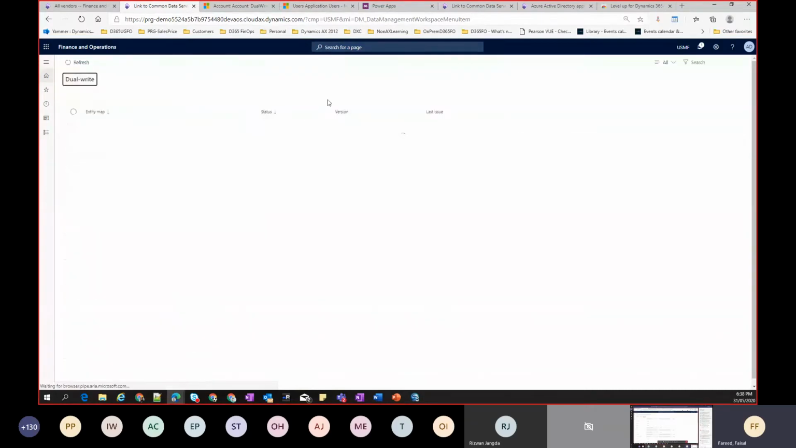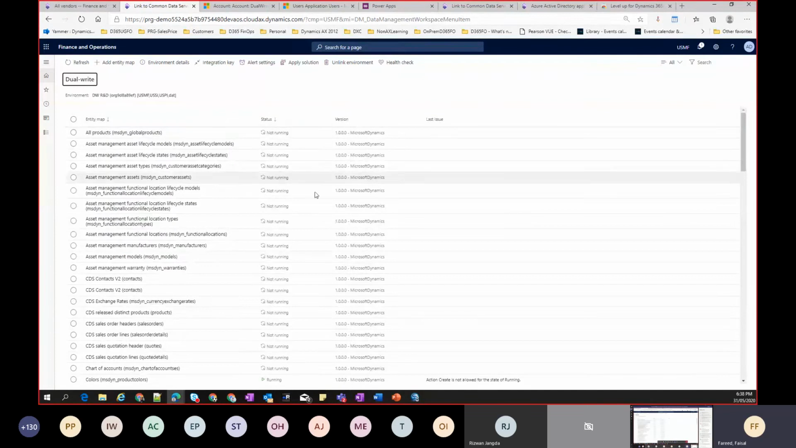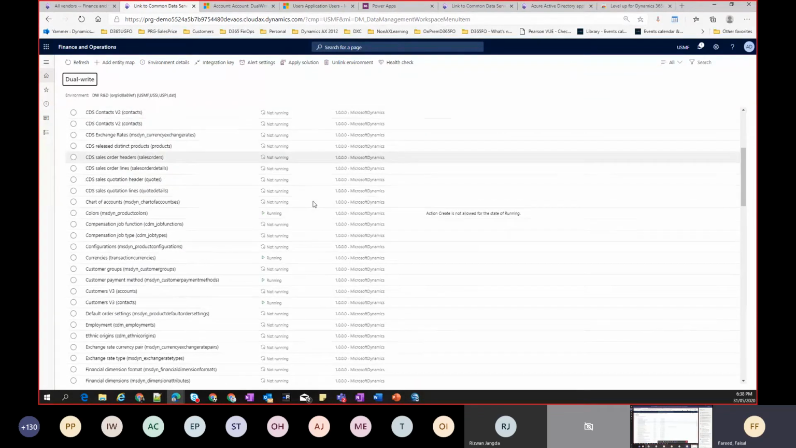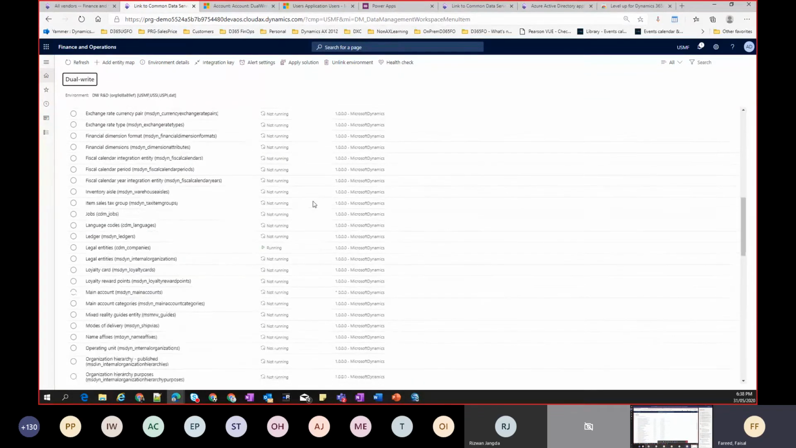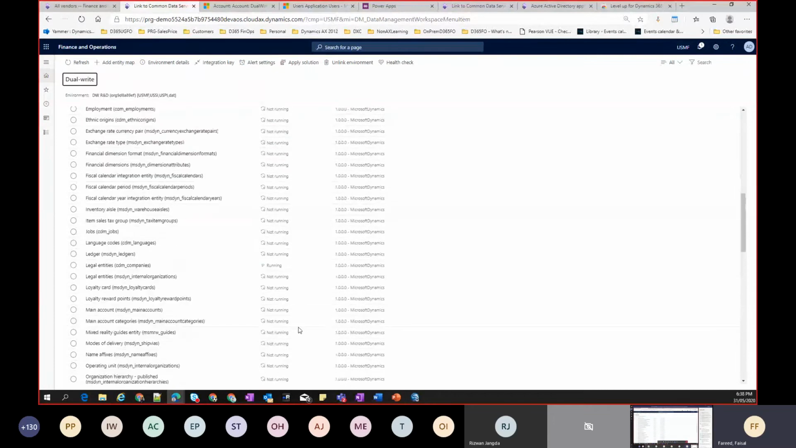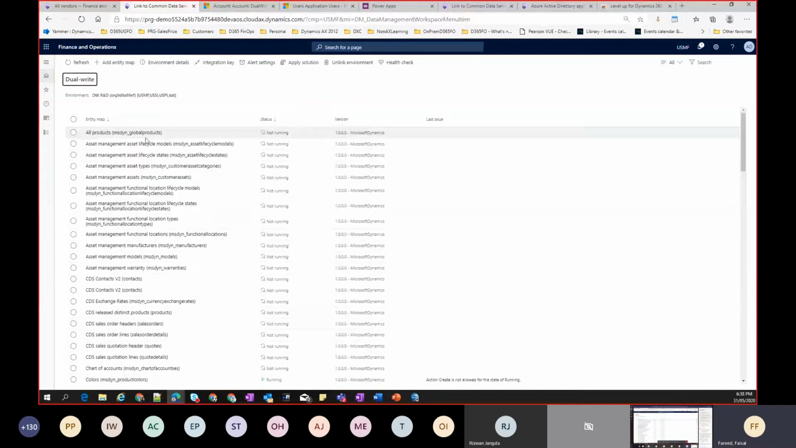Then if we go to the dual write right here, one thing is important. We just need to understand what these different statuses are. If we click onto this All products, currently it says not running. The moment I click onto this one,